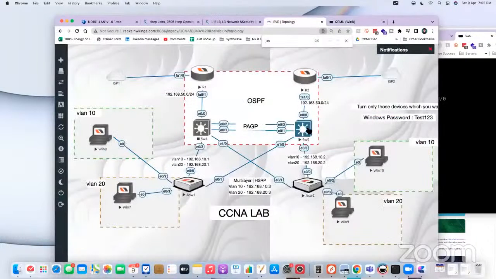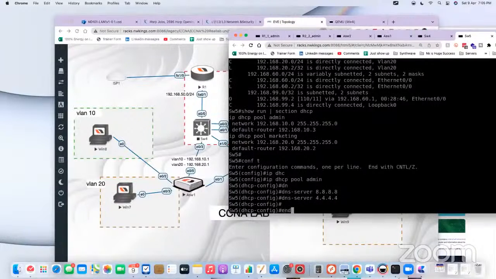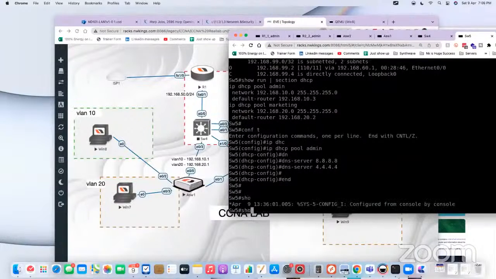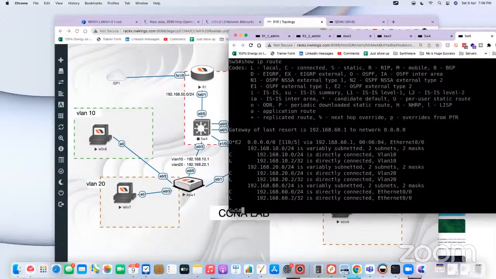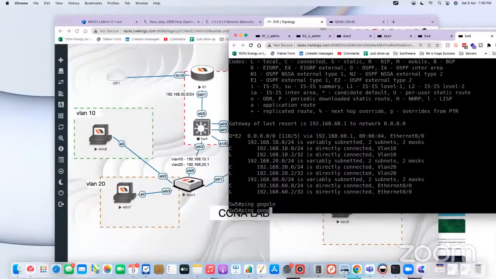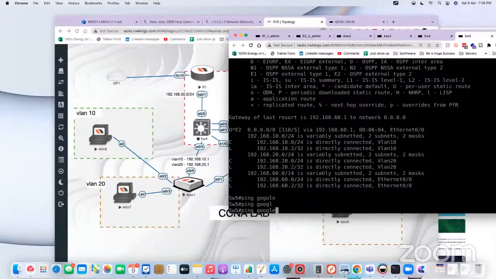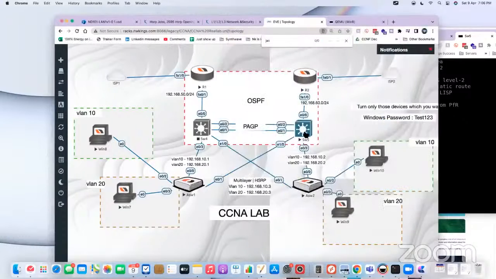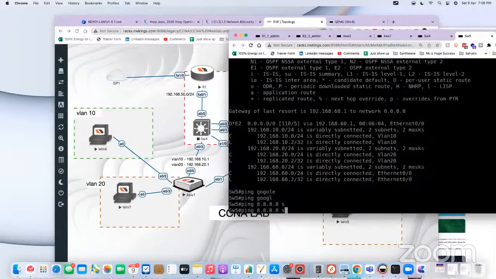Okay, we are not getting the final ping. So IP route. Can I ping google.com from this side? So I can check. We cannot ping from here, because for switch 5's IP address we have not done the NAT for this 60 network. So we cannot ping. But if I say source